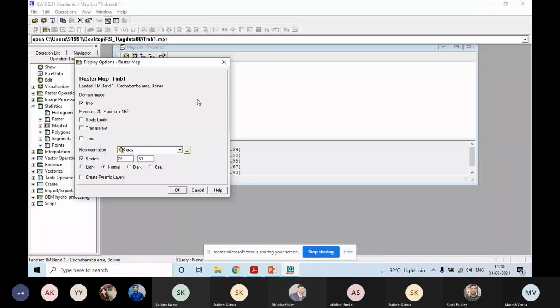Just see that grayscale is selected for the color assignment. It means this is a single band image. We have pixels, and pixels are characterized by digital numbers. Each and every digital number is assigned a value from a set of grayscale in this process. So this is a step you are doing, but what I expect is that you need to understand